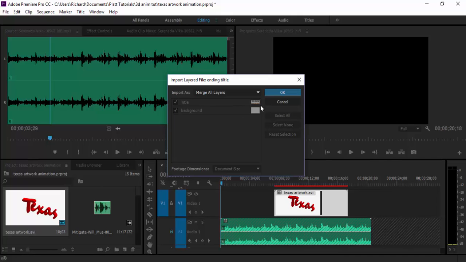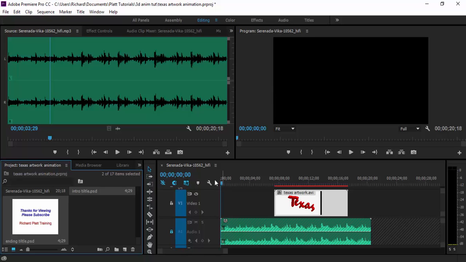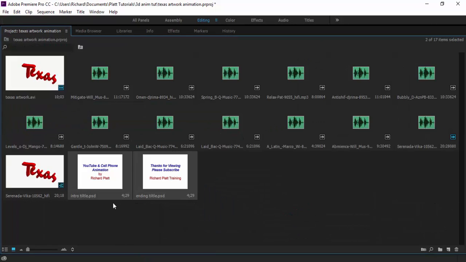Now I'm going to go ahead and merge all layers because I'm just going to put those files directly in. And we'll go ahead and hit our tilde key, which will allow us to see the full screen. And there are two titles we just created. Okay, take the tilde key off